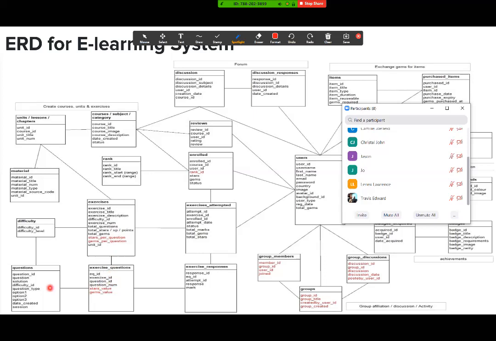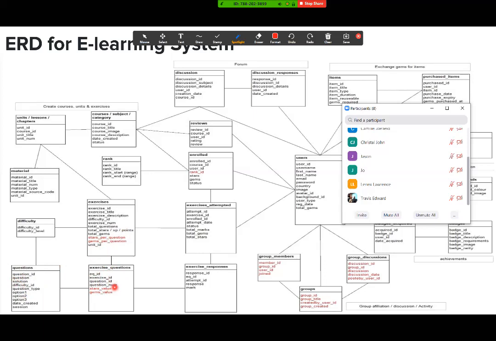But I want you to know the difference with this question here versus this. This table is a pool of all the questions. Now, the reason why this table was created is because a question from here could be used in many exercises, and an exercise could have many questions. This was a many-to-many relation, and in order to solve a many-to-many relation, you have to break that relation and create an intermediate relation, and that is how this came into being.